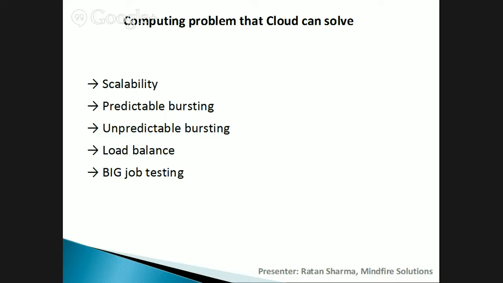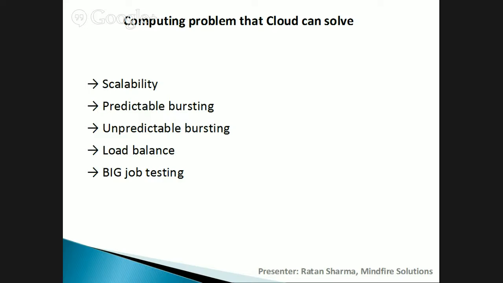So that computing power they wanted to use somehow, and the idea came up with, let's give it on rent. Some people started renting their server. So some people used it, and then when Christmas came, they just pushed all the small servers to one and they used it. Again, the same thing happened. And from then, year by year, they came up with all these services. So that is a predictable bursting, that you can see that there is a seasonal load I will get.